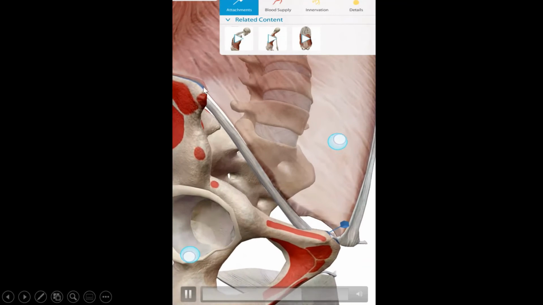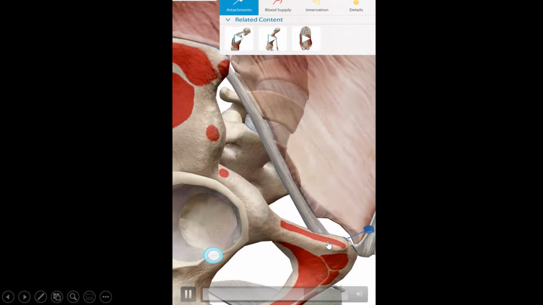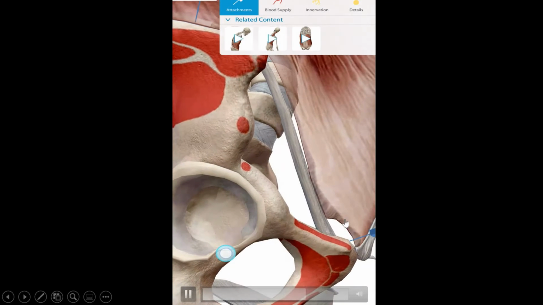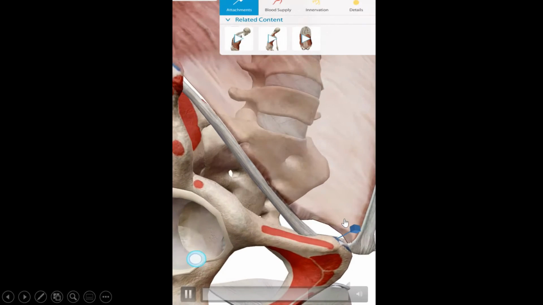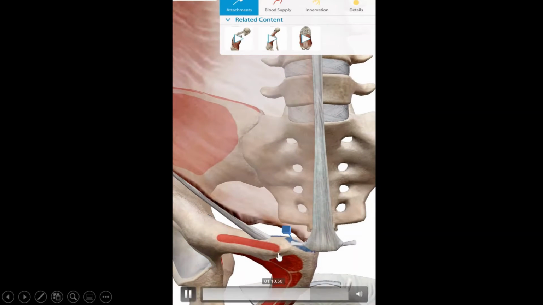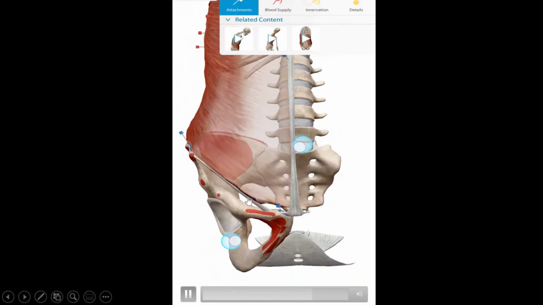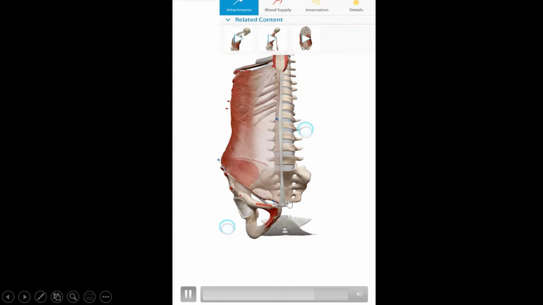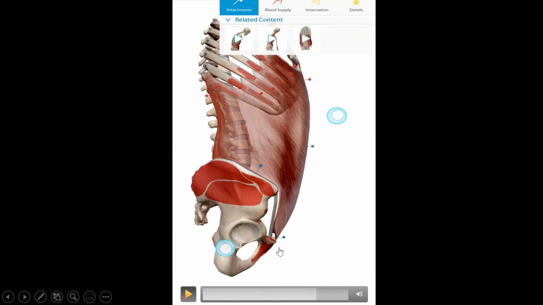This is the inguinal ligament, the lower free border, and you can also see the opening here. So this is the superficial inguinal ring. So we have the inguinal canal, and there are 2 openings of the inguinal canal, which are the superficial and deep inguinal ring, and the superficial inguinal ring is formed by the external oblique muscle.